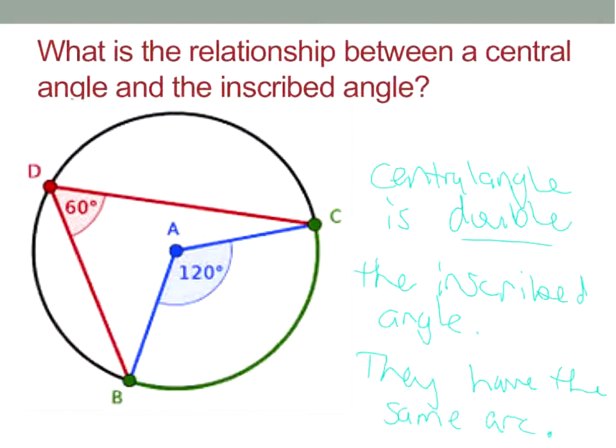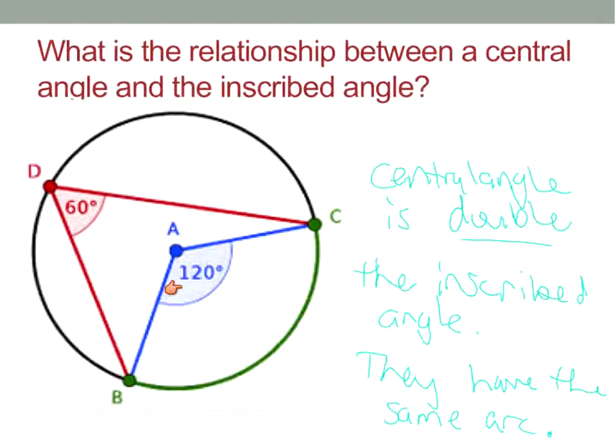Perfect, perfect observation. Which means, guess what that means? If I give you the inscribed, you can tell me this one. Am I correct? If I say that's 40, you would tell me that the central one is 80. If I tell you that the inscribed is 50, you would tell me that the central is 100. See how if I just give you one piece of the puzzle, you're going to be able to tell me